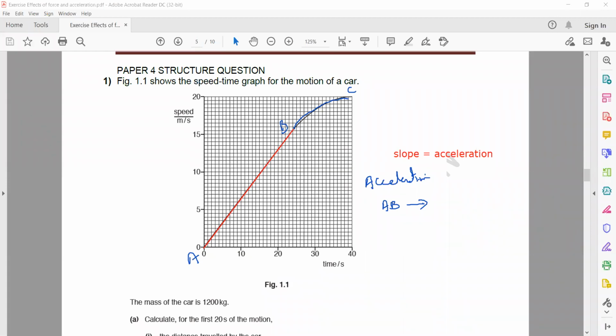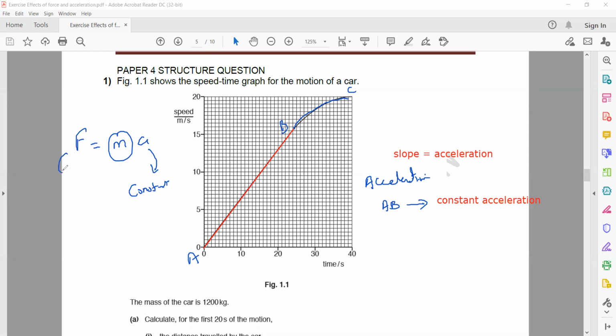So in a speed-time graph, the slope represents acceleration. From A to B, it is a constant acceleration. So we have the formula F equals ma. Normally the mass of an object does not change. In some cases it may change, like sometimes evaporation happens, so the mass changes. But most of the time the mass will remain the same. So if mass is constant and in the question acceleration is constant from A to B,